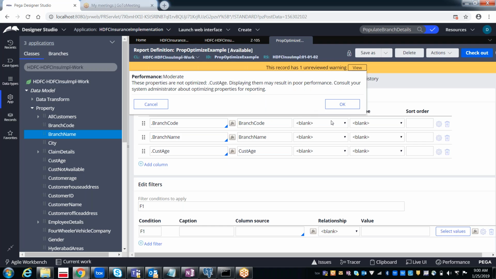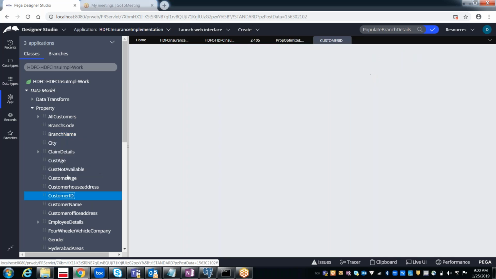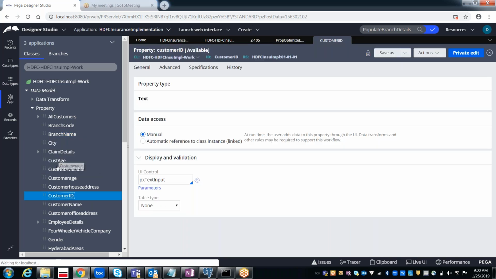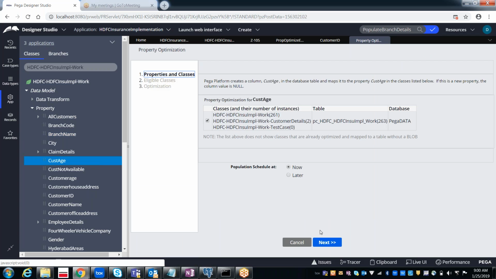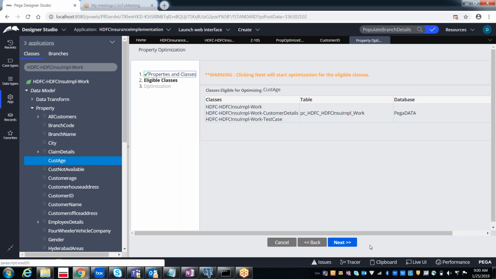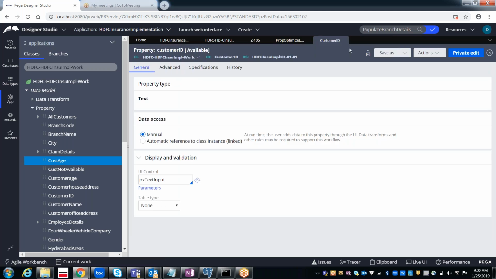So who all can optimize these things, like this customer age? The developer who has administrator privileges can perform it. Now I am doing it for the customer age as well.